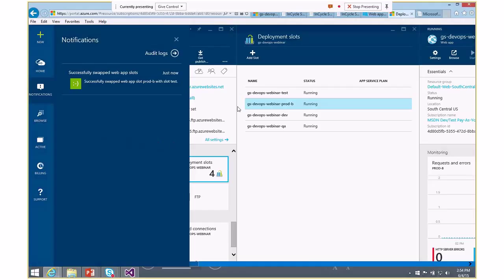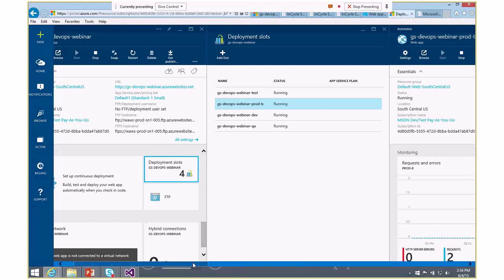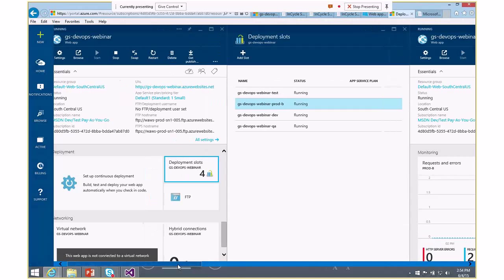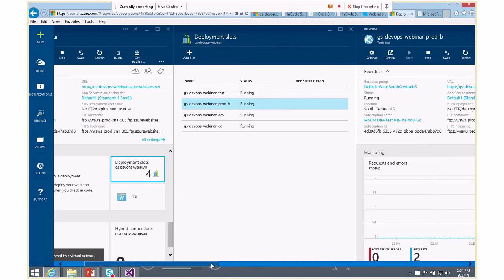I'm going to just go through and show you another feature that's actually pretty nice, and that's the ability to do the A/B testing. So here again is our primary production application, and in this particular production application,